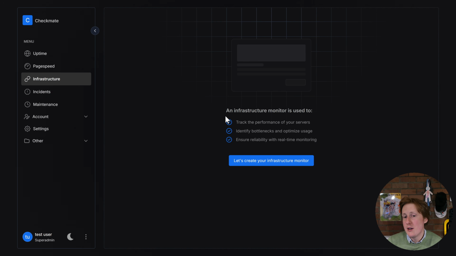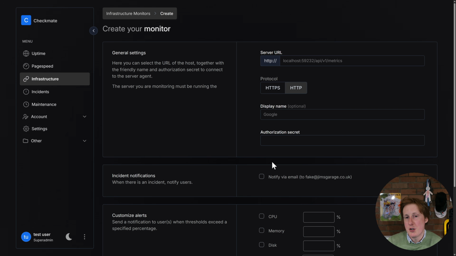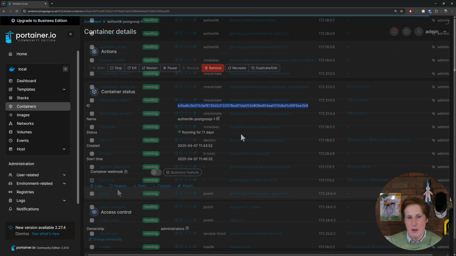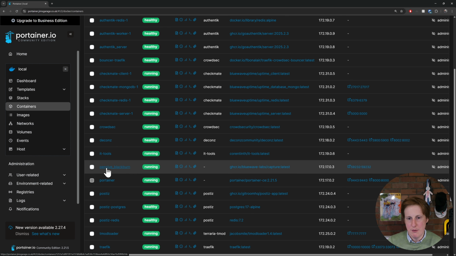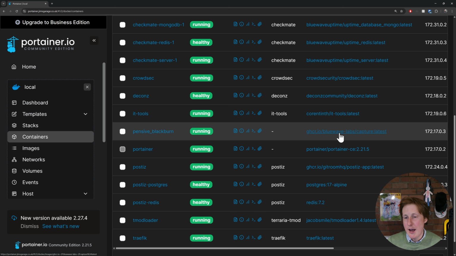Infrastructure, now this is a little bit different. To create an infrastructure monitor, there's one precursor, and that is to deploy the agent first. Now, I've done that in Docker, and you can see that here. It's actually this one here, this Pensive Blackburn. You can see here, Bluewave Labs Capture Latest. Now, Capture is the actual name of the agent, i.e. it's capturing metrics that it then sends back to the Checkmate server, and deploying that is a piece of cake